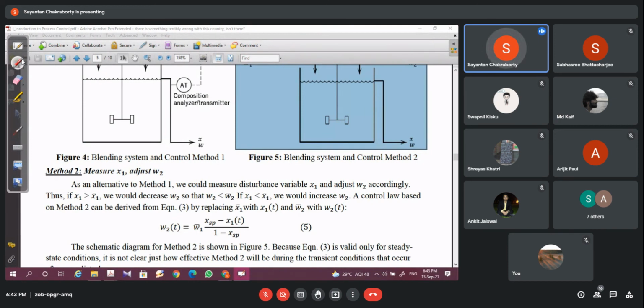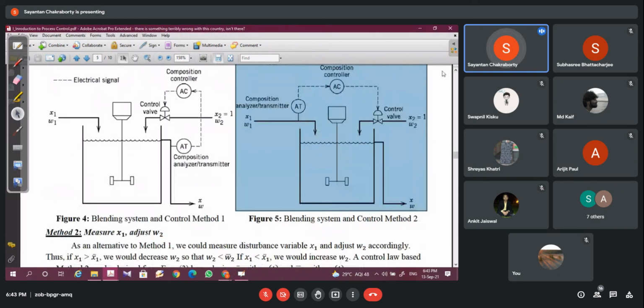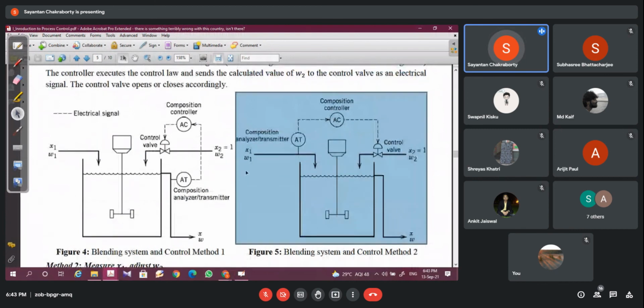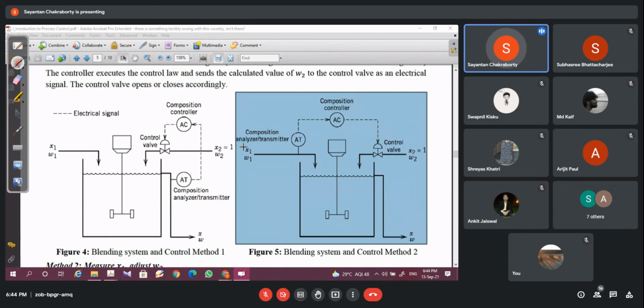Now, the next question you may ask is, why should you go for feed-forward? In situations where you have a definite idea about the possible disturbances that are more likely to occur in a system, you can apply feed-forward control, because it has the capability of correcting the system variables or the manipulated variable even before the disturbance affects the control variable. That's a very beneficial property. But you cannot simply rely on that. What you have to do is augment this